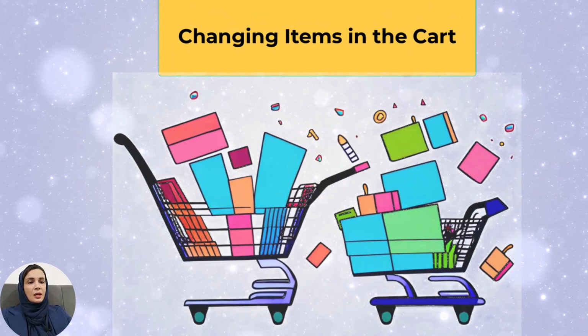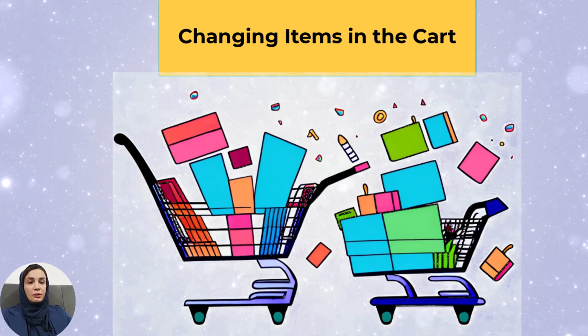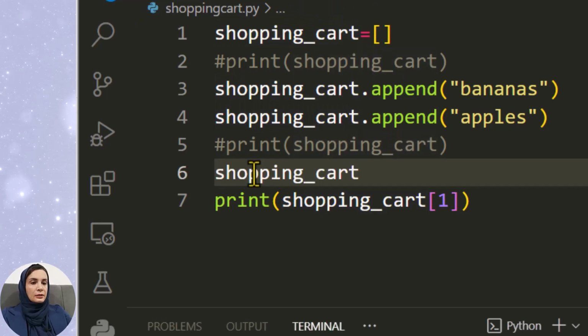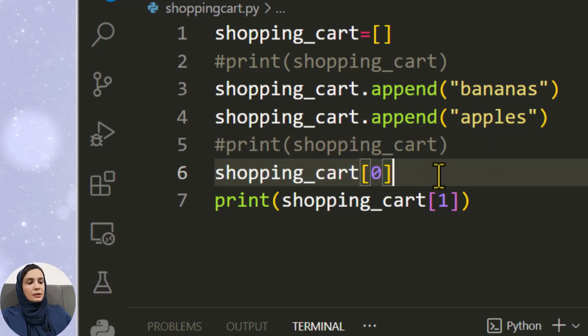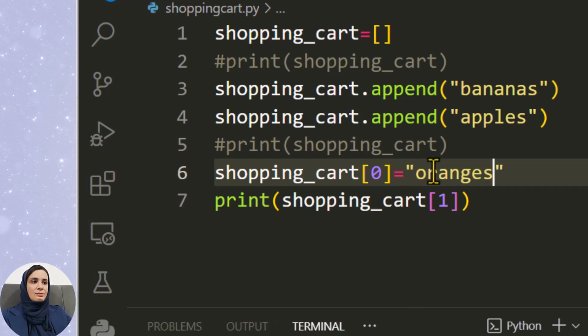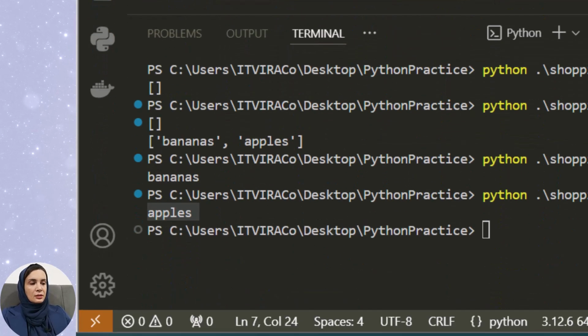If we made a mistake, for example, we added apples, but we actually wanted oranges, we want to fix that by changing the item by assigning a new value. First item in the shopping cart equal to, and we assign a new value, for example oranges, in double quotes because it's a string. We can change items in a list using their index. We can print the first item and let's check it,